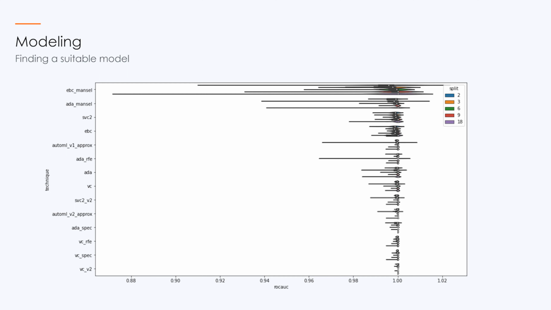And one important part is I wanted to make sure that I tried different split strategies. So you can see the 18 represents, there's 18 malicious samples. So I did cross-validation. So it was kind of a leave one out type situation for the malicious samples. That should be the easier cross-validation scenario. The more difficult cross-validation scenario is just the split in half. So you have 9 malicious samples and you have to predict the other 9. So you can see here at the bottom,